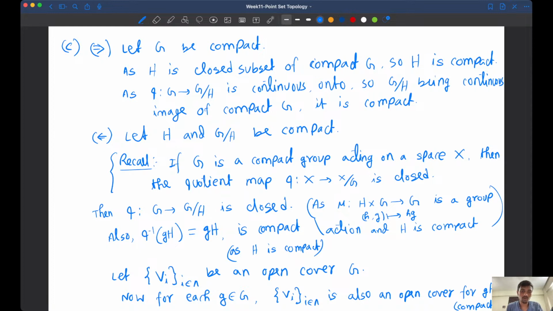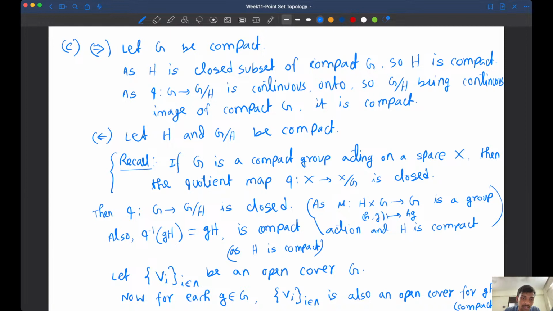We actually used this later on: I consider a closed set here which maps to some closed set, to get a cover of G mod H. To do this, we first see that the inverse image of any point, a single point GH on G mod H, is Q inverse of that thing, which is GH, a right translate of the compact group H. So GH is also a